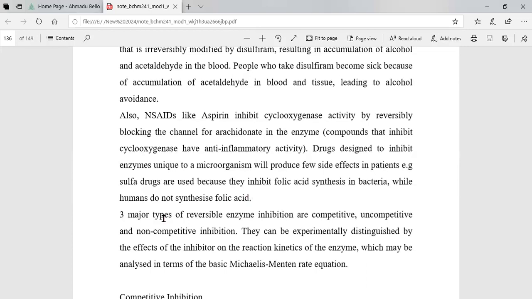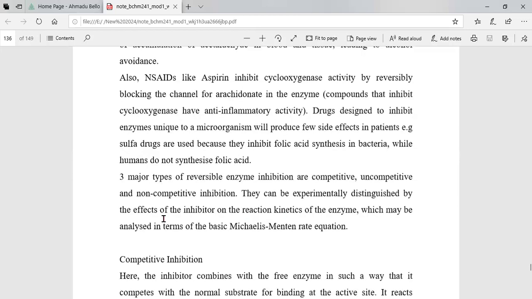So that is one of the reasons why it is important to check for the activity of a particular enzyme in both the parasite and humans. If you are targeting a particular enzyme as a pharmacist, or you are trying to design a drug, you will design a drug to kill the pathogen, but it should not have an effect on the patient. So you have to check whether that drug can also affect the patient, maybe if humans have the same enzyme as that parasite, so you need to be very careful in designing